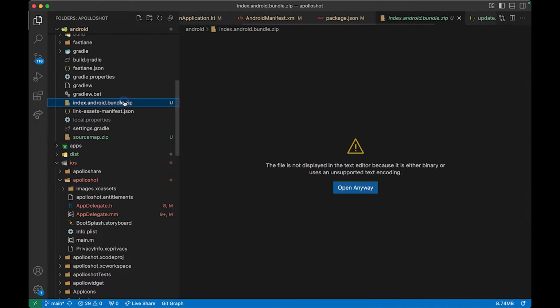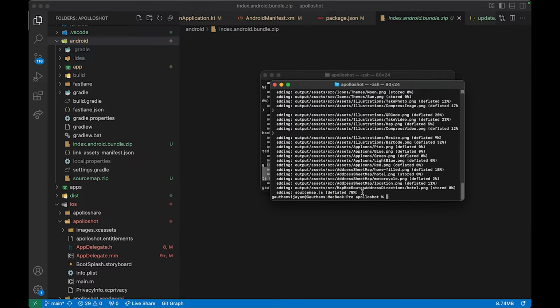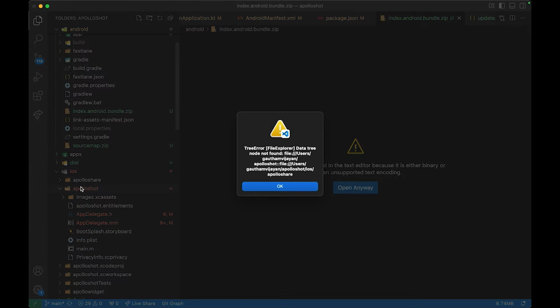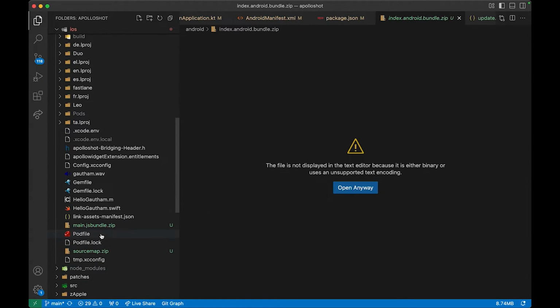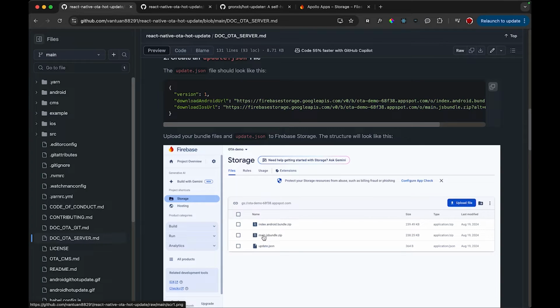Now in the Android folder, our index.android.bundle.zip is created, right? The same way it's also created for iOS. If we go to iOS, here you can see main.js bundle.zip is created. So once these two things are created, index.android.bundle.zip and main.js bundle.zip,